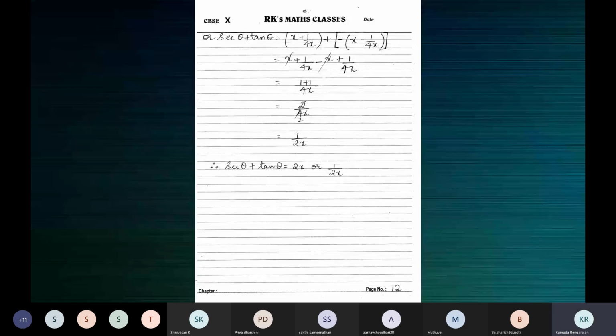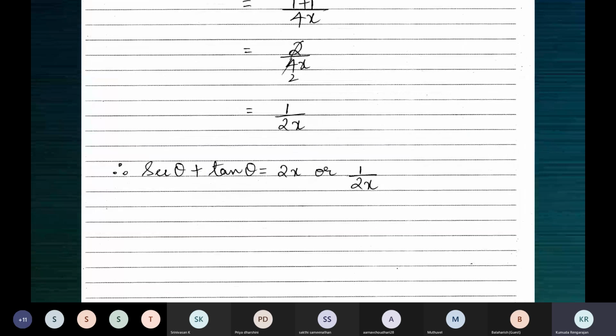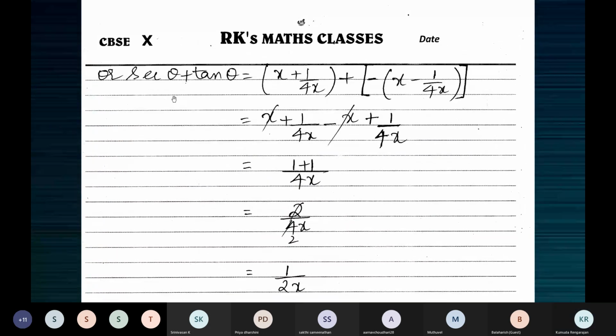Work with the other one. When you work with the other one, this is secant theta plus tan theta when you take the negative value. So you can see minus into plus minus, plus into minus plus. Be careful here, children, because of the minus sign. So when you work this, you can see here